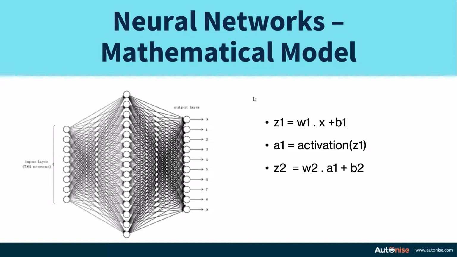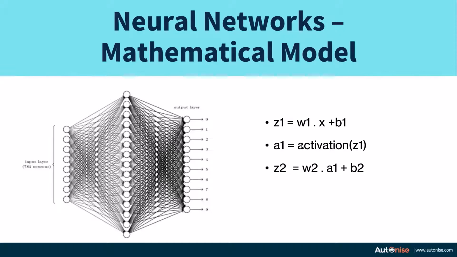This is a mathematical model of a neural network. It will look very similar to what we have been doing right now. We had a perceptron, and the output of the perceptron of the first layer can be modeled like this. We have a W1 matrix corresponding to the weights. We multiply it with the inputs X, and we add the bias terms to get the output Z1. For perceptrons, the activation function was actually a thresholding function. If the value was greater than 0, we had the output 1. If it was less than 0, we had the output 0.